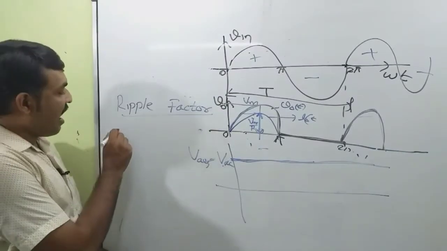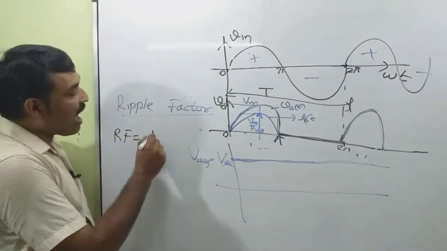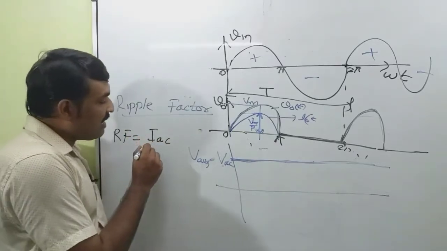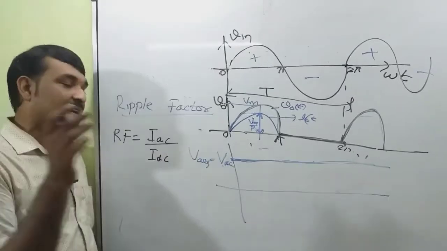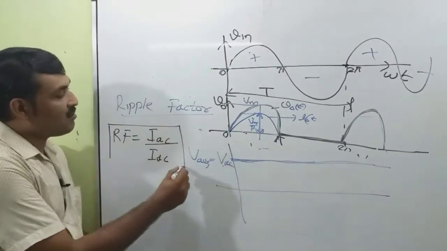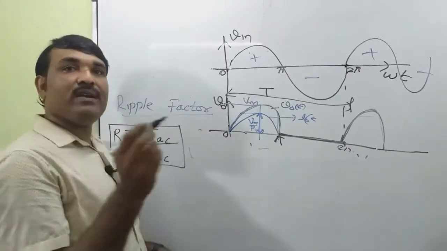Ripple factor RF is equal to IAC, the AC content present in the output, divided by IDC, the DC content in the rectifier output. So we can find the ripple factor by using this ratio. And now we know that